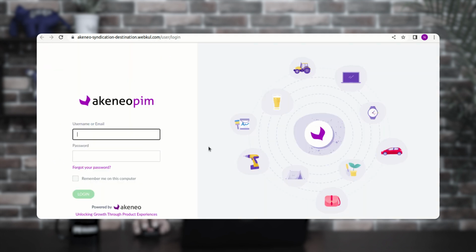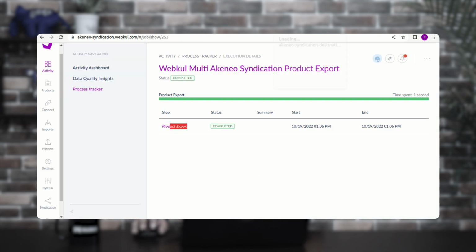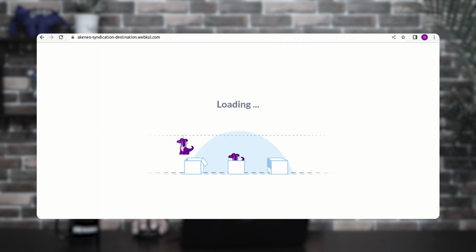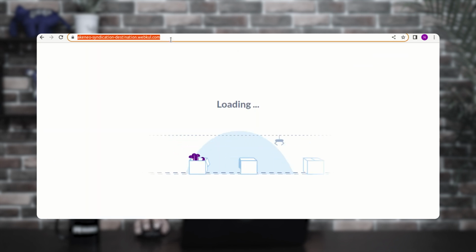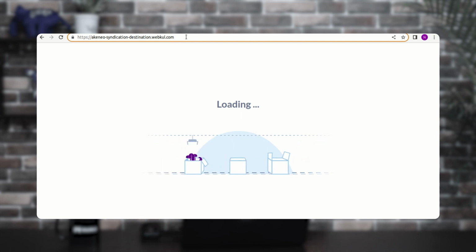Let me close this out. Let me again log into this Akeneo there. So basically, after we have logged in, this is the source, the source Akeneo, this is the destination Akeneo. So let it load up. So basically the product would be exported there from the source to the destination Akeneo, and in a similar fashion